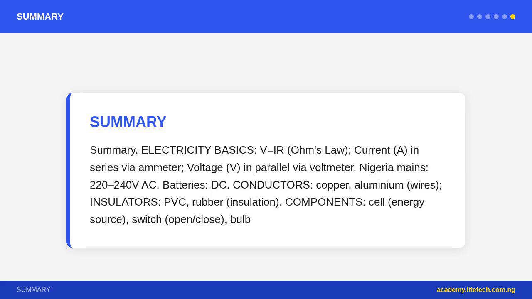Summary. Electricity basics: V equals IR, Ohm's law. Current, A, in series via ammeter; voltage, V, in parallel via voltmeter. Nigeria mains, 220-240 VAC; batteries, DC. Conductors: copper, aluminium wires. Insulators: PVC, rubber insulation. Components: cell, energy source; switch, open/close; bulb, light; resistor, limit current; fuse, overload protection in the live wire; MCB, resettable breaker;